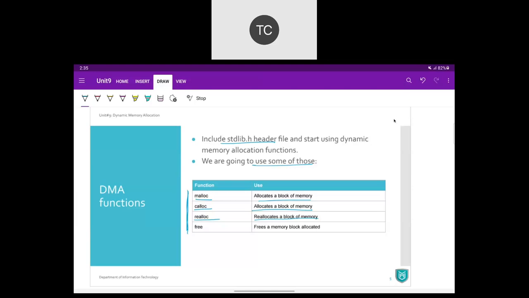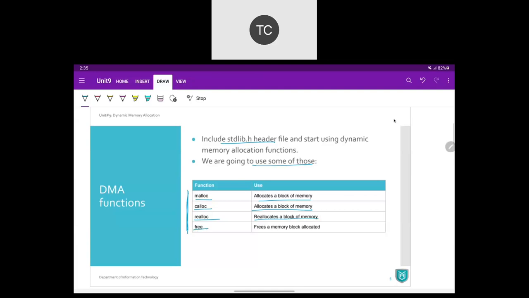I need to have 30 bytes. So what you'll do is you are going to reallocate your memory block. Instead of having 20 bytes, now you need 30 bytes. So if you already have a memory block allocated to you using malloc or calloc, and now you have decided to go for the larger memory block, then you should go for reallocation.